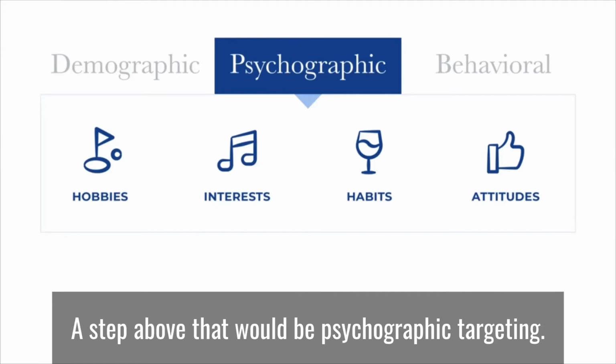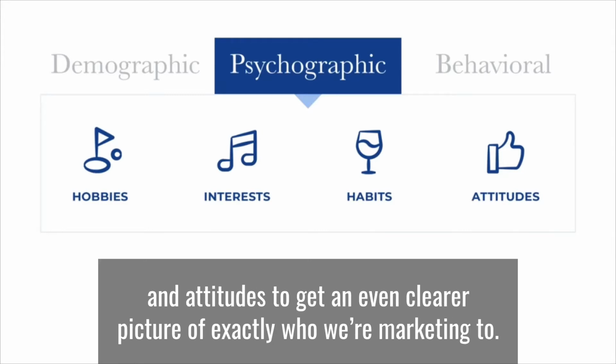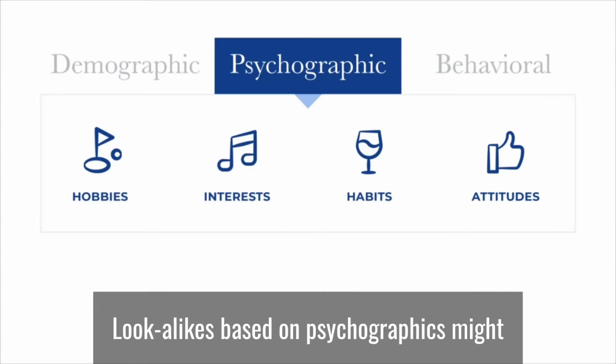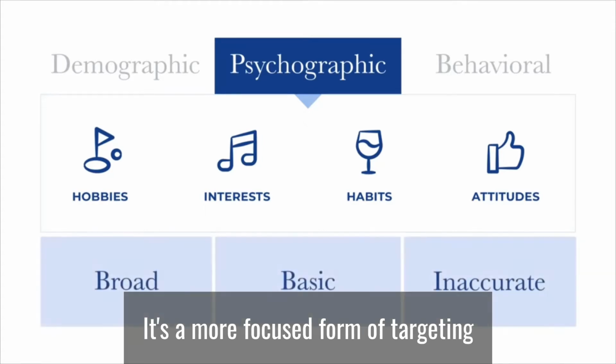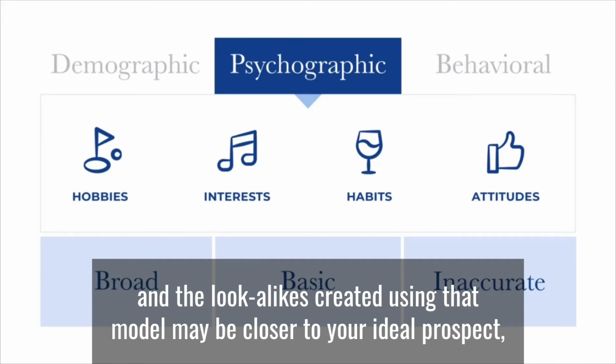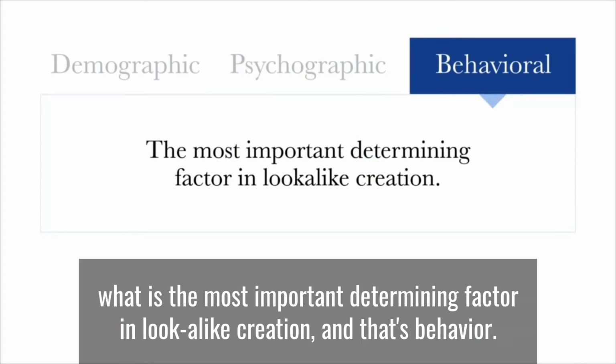A step above that would be psychographic targeting. Psychographics measure and track things like hobbies, interests, habits, and attitudes to get an even clearer picture of exactly who we're marketing to. Lookalikes based on psychographics might, for example, look for people who enjoy camping or sailing if most of your customers share those same interests. It's a more focused form of targeting, and the lookalikes created using that model may be closer to your ideal prospect. But it's still very general and doesn't take into account what is the most important determining factor in lookalike creation,